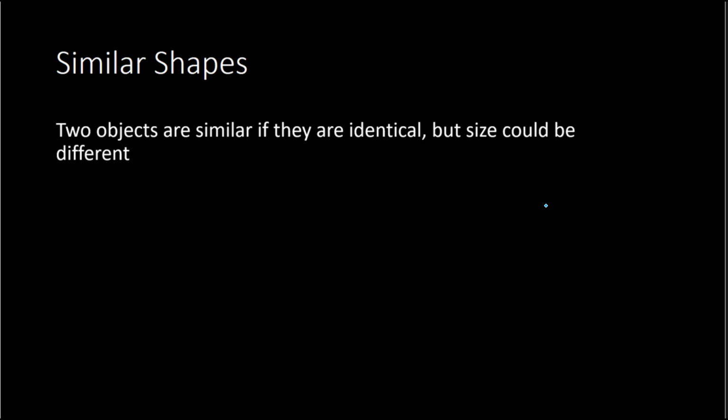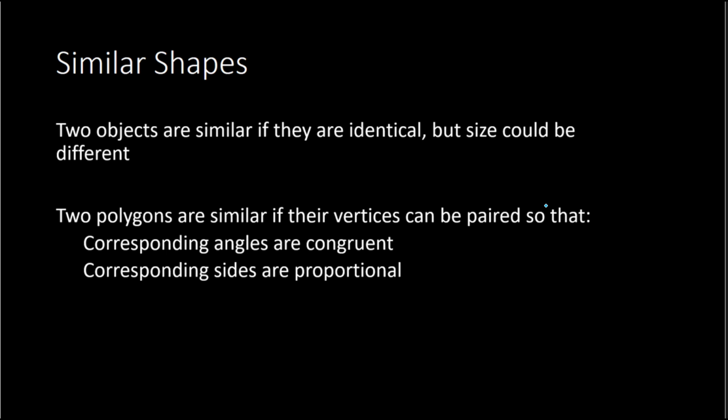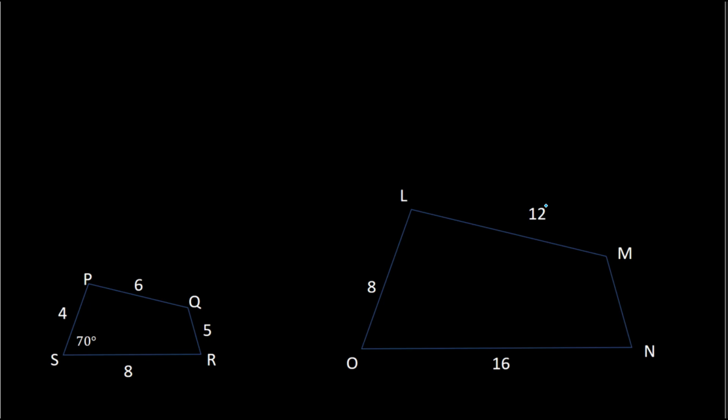Now, two polygons are similar if their vertices can be paired so that the corresponding angles are congruent and the corresponding sides are proportional. So for example, here we have two different quadrilaterals, and we are told that they are similar. So again, if they're similar, that means all the corresponding angles are the same and the corresponding sides all have the same ratio. So if these are similar, and we are told to try to find measure of angle LON, which is right here,